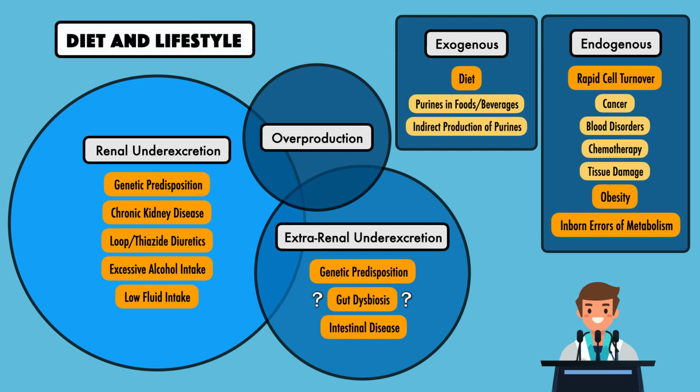I also want to point out all of the different places where diet and lifestyle can play a role. Outside of individual food and beverage choices that lead to the overproduction of uric acid, etiologies like certain types of cancer, obesity, chronic kidney disease, gut dysbiosis, and some intestinal diseases are often rooted in an undesirable diet pattern, a sedentary lifestyle, and poor lifestyle choices like smoking. Therefore, when we take in the big picture of what drives hyperuricemia and gout, diet and lifestyle behaviors shouldn't be overlooked.